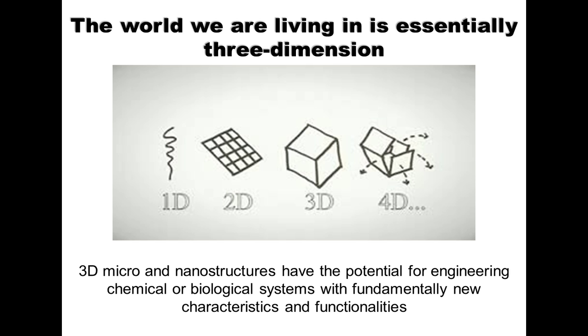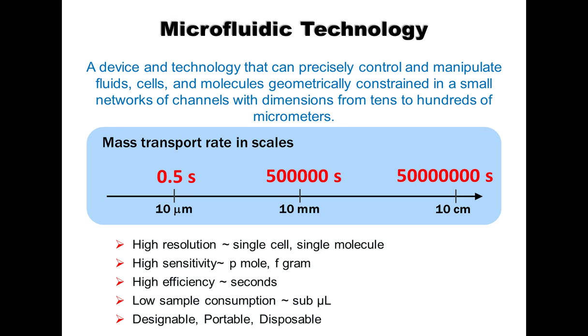So 3D micro and nanostructures have the potential for engineering chemical or biological systems with fundamentally new characteristics and functionalities. I want to introduce some new discoveries that we had for this three-dimensional influence on biomedical research. I want to start with a fundamental introduction of the microfluidic technology, which is a device and a